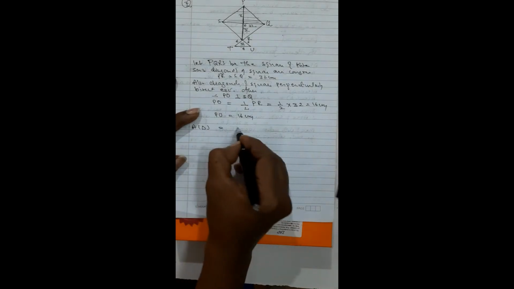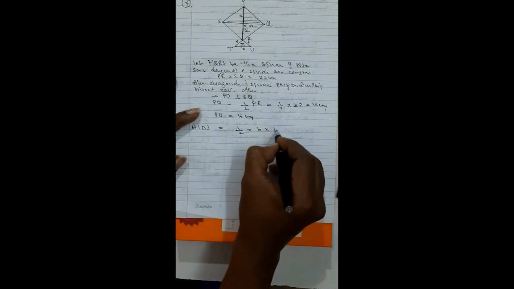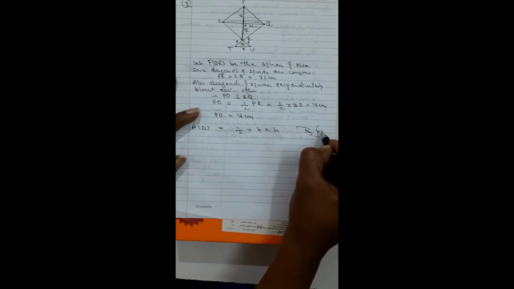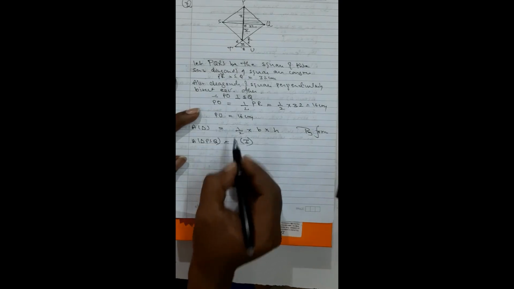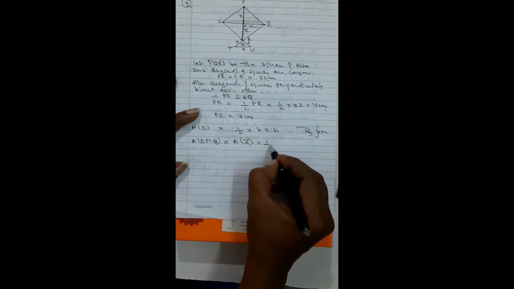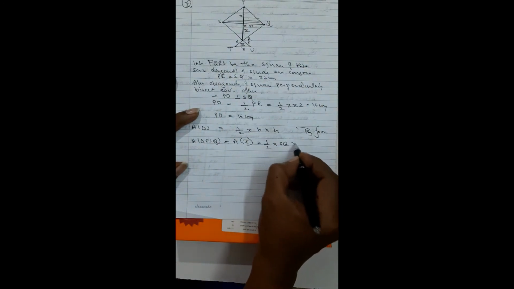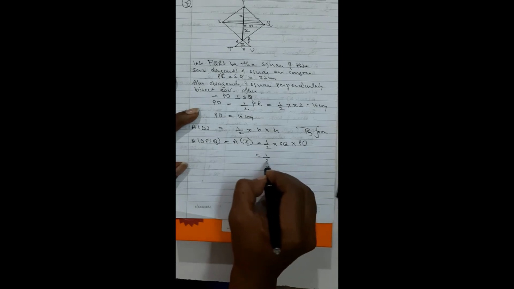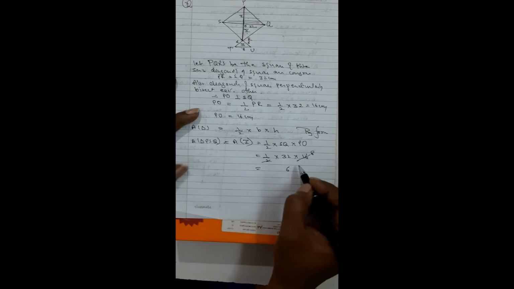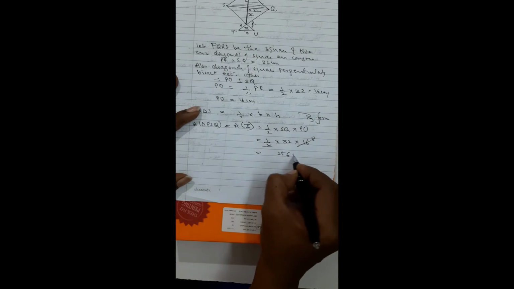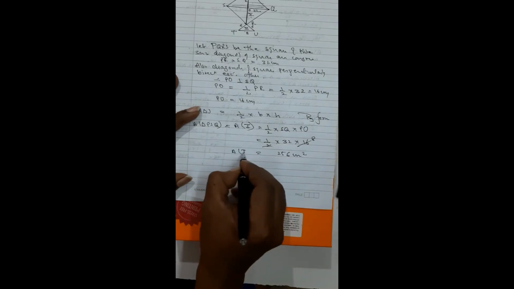Now you can simply use area of triangle is equal to half into base into height. This is by formula. You know that there is a formula for this. Therefore, area of triangle PSQ is equal to area of first figure. PSQ will be equal to half into base SQ into height PO. Base SQ is 32 and PO is 16. So you get, I will divide this purposely, 8 2s are 16, 8 3s are 24, 25, 256 centimeter square is the area of first figure.